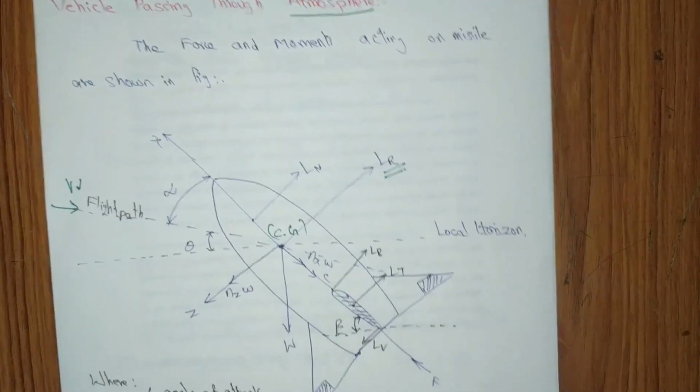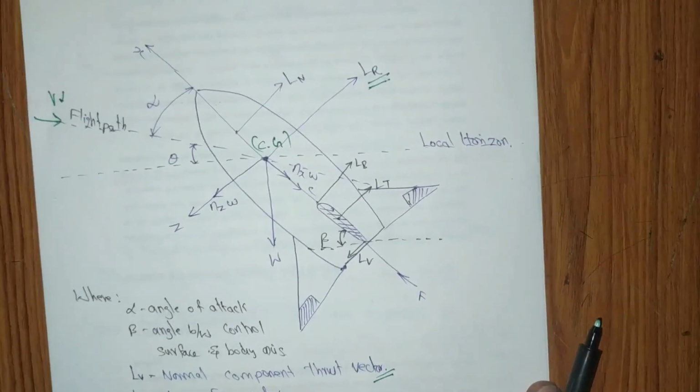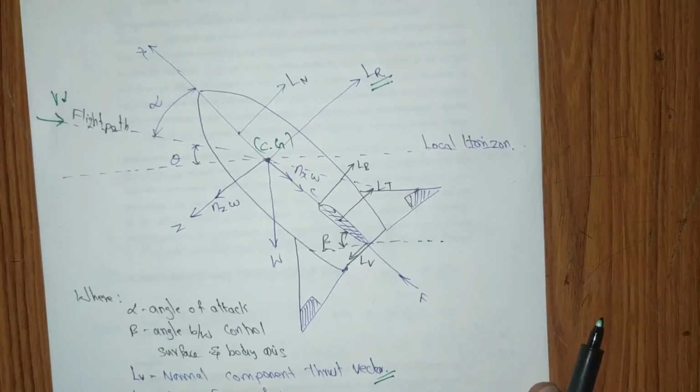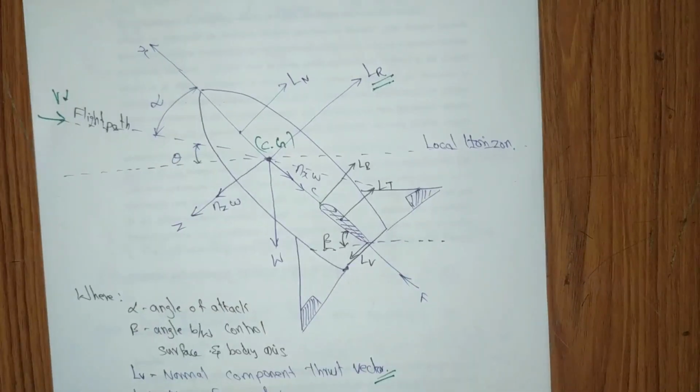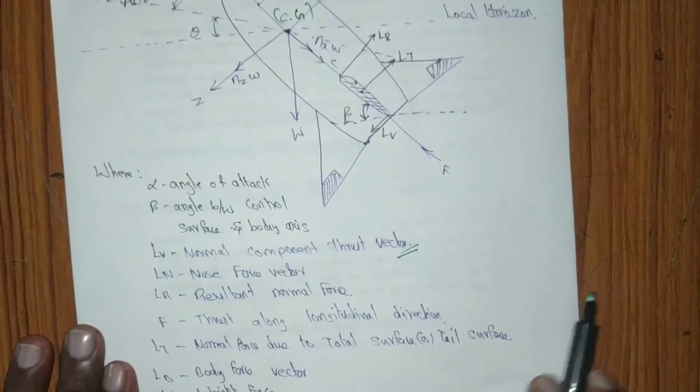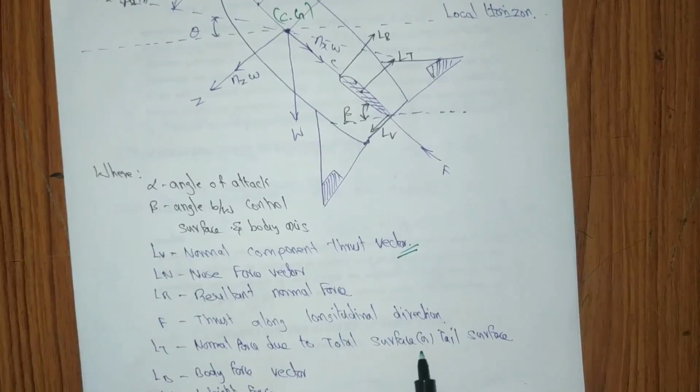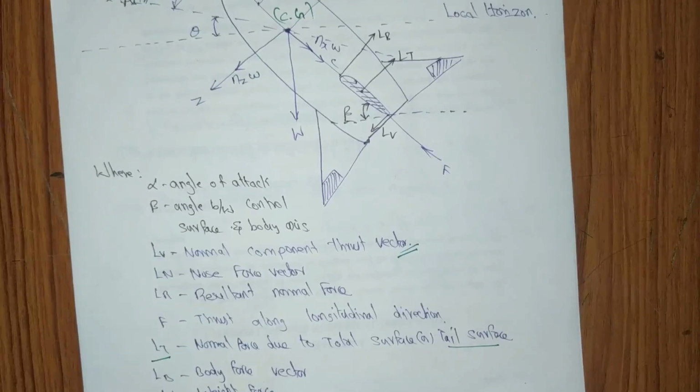So we have to calculate the stability part of the missile passing through the atmosphere, in the longitudinal, lateral and directional axes, and how it is responding in the individual axes. So here we are focusing on thrust along the longitudinal axis. Thrust is along the longitudinal axis. So LT is the normal force due to the tail surface. So the tail will also produce a lift. So we have to add that lift to the